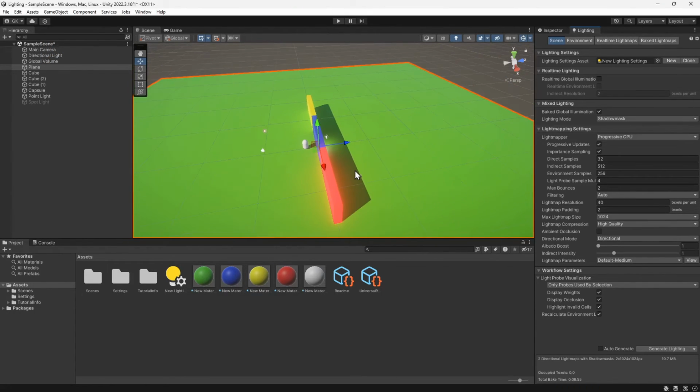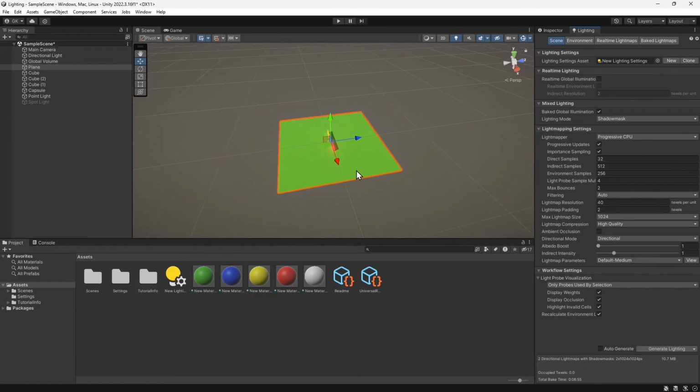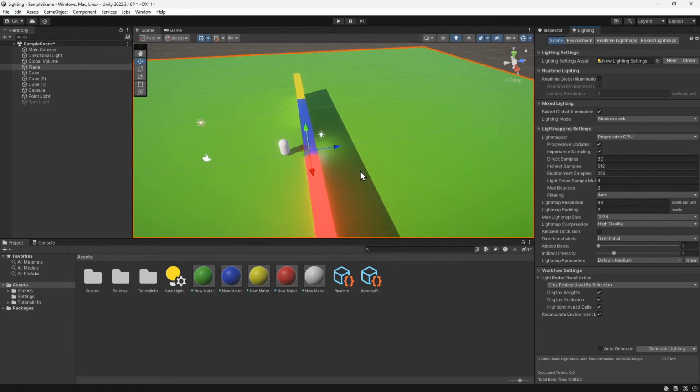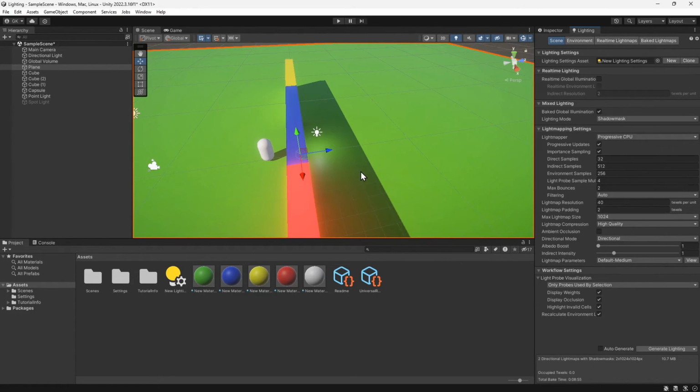If we zoom out, the shadows don't disappear. This mode is the most expensive, but works well if you're creating a game where distant objects are visible. That covers all the mixed lighting modes. In general, mixed lighting is going to give better lighting than real-time or baked, but there is a performance cost. It will always have more runtime calculations than fully baked lighting, and it will use more memory than fully real-time